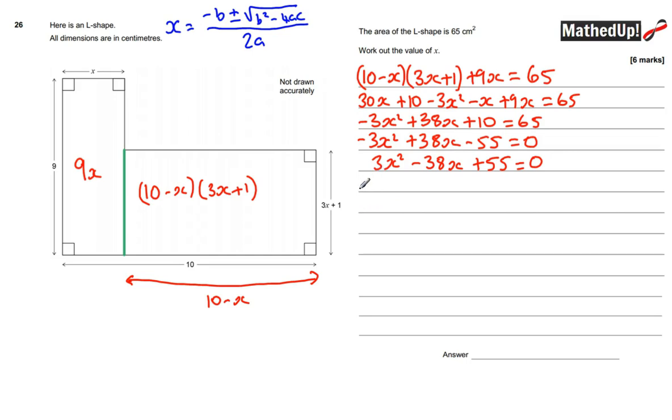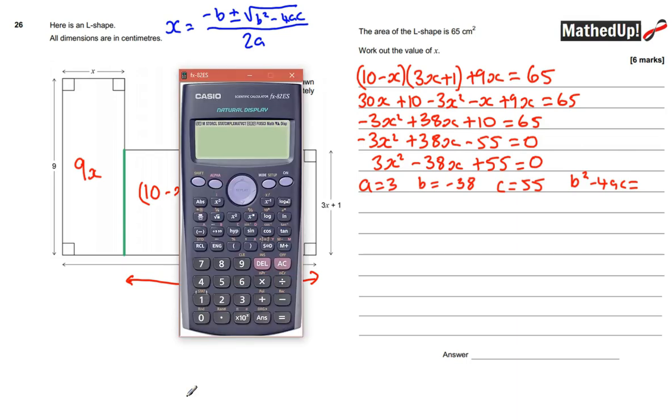So I'm going to now write down the values of a, b, c and the discriminant, b squared take away 4ac. So a is equal to 3, b is equal to negative 38, c is equal to 55, and then b squared take away 4ac is equal to, and I'll use my calculator for this, and I've got